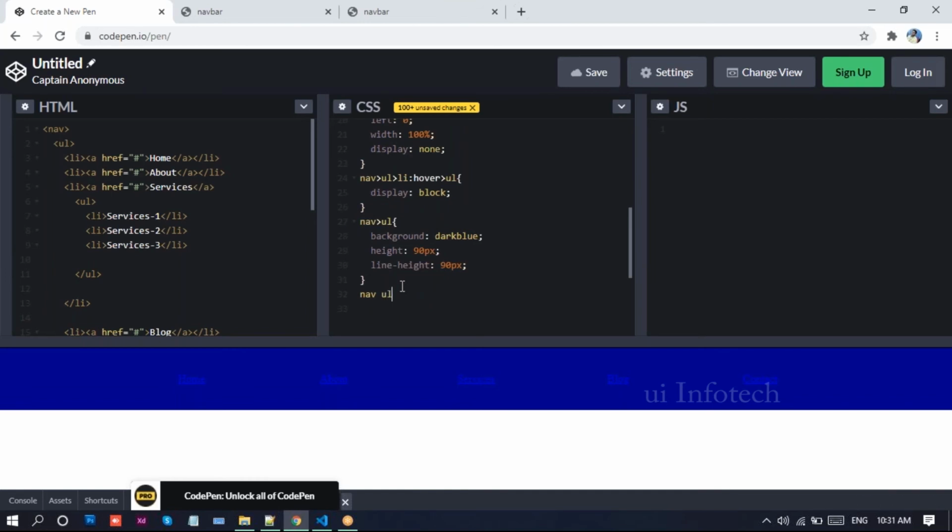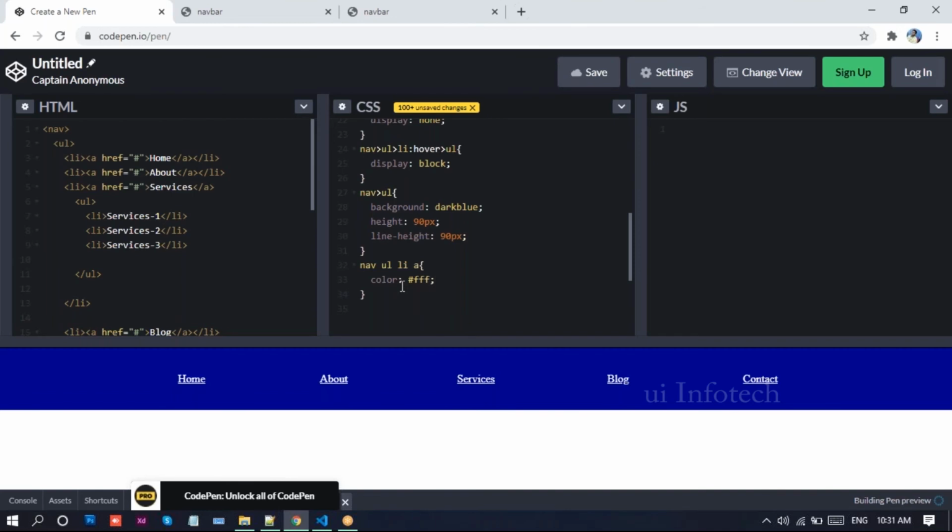Now we need to apply some styles for the anchor tag. The selector is UL LI A. Text decoration none. Before that I'll apply color white,